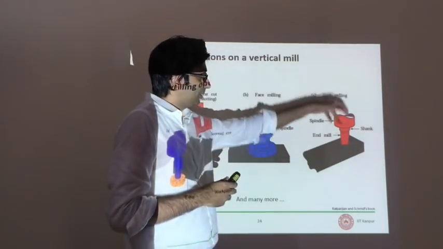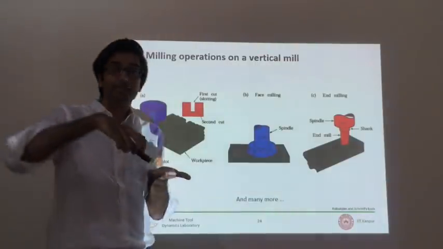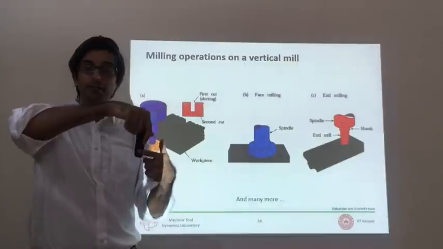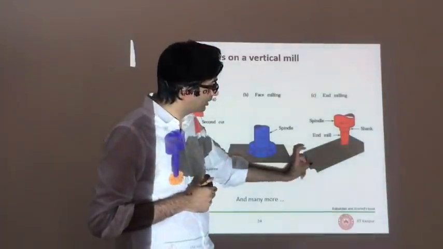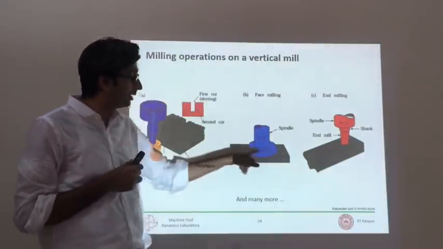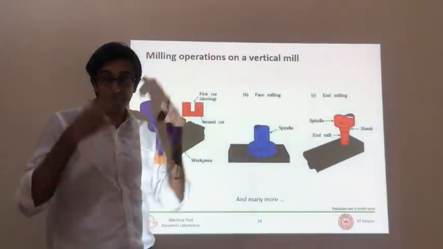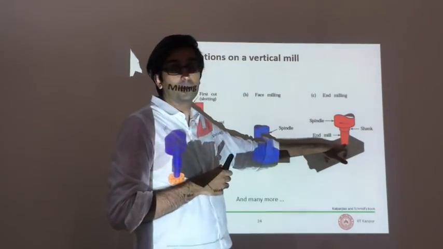End milling is one of the most common operations in all of milling, and it is end milling because you're cutting by the periphery of the cutter, so the ends of the cutter. That's why it's called end milling. And what you can do is you can make a pocket. This is very useful because it's very difficult to make a pocket with a face mill or with those straddle milling or with those slab milling. But end mill you can make a pocket.